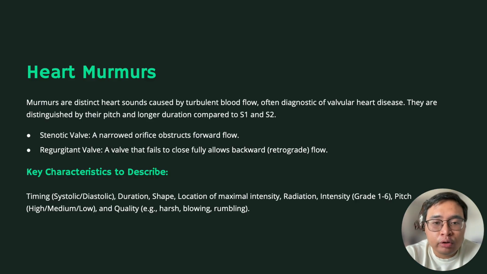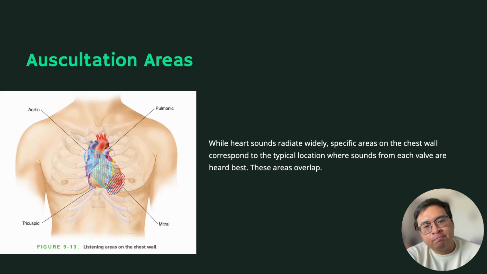Okay, in the next slide, we're going to learn about the different auscultation areas. Okay, so when you hear a murmur, you need to describe where you hear it. So there are different areas corresponding to our different valves. So the mnemonic is APTM, or "always pray to Mary." So for Catholics, it's easier to remember that way. Okay, but how do we